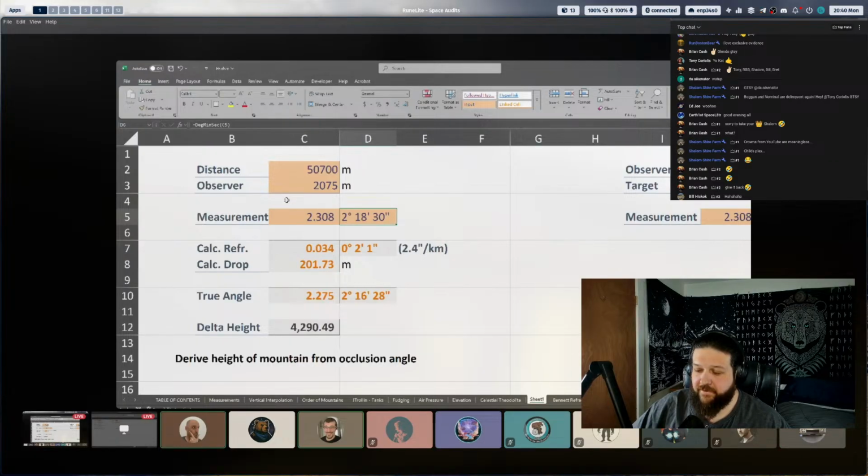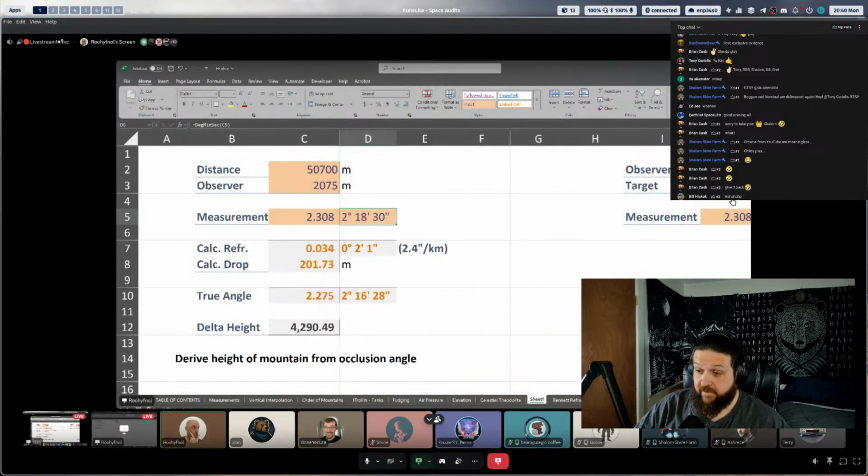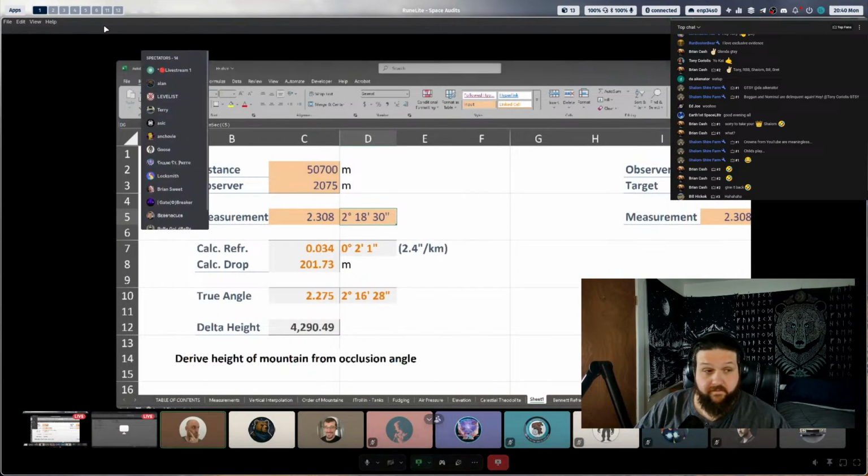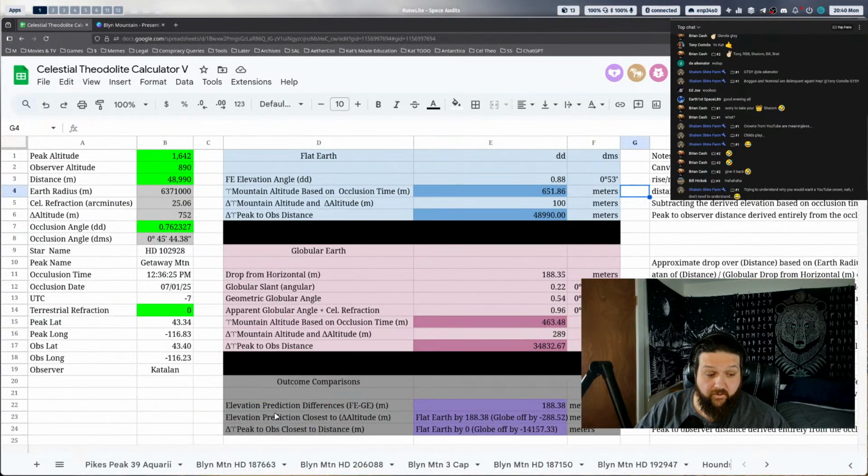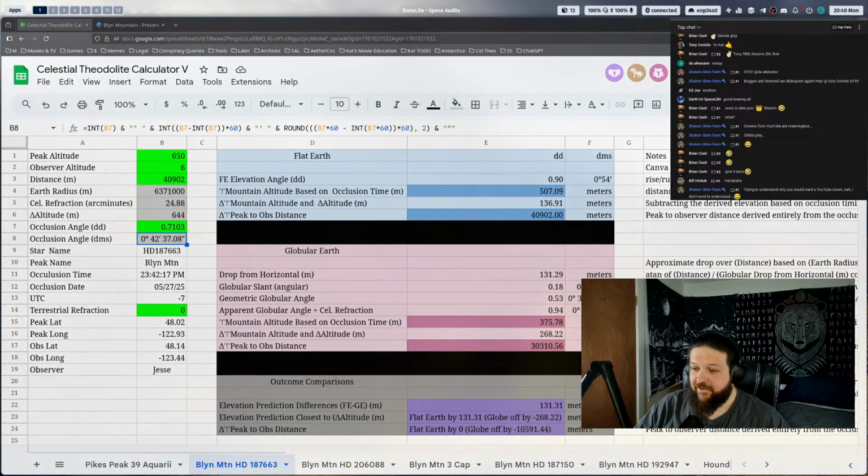So you actually don't have a rebuttal? What are you doing? The rebuttal to the celestial theodolite is that it doesn't work for Jesse's observation, which he planned to make it not work, right? That's why he chose what he did. And you guys are just throwing it away, ignoring... No, oh, refraction. No, we're taking it.